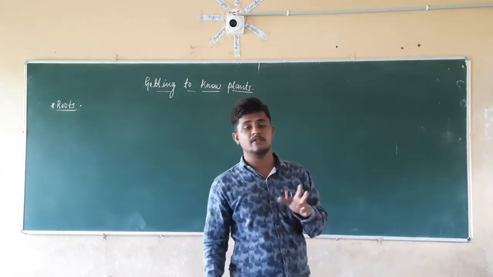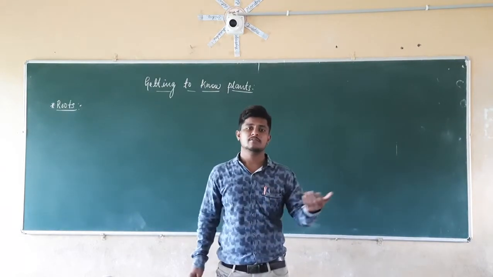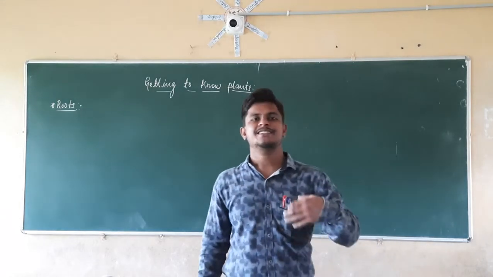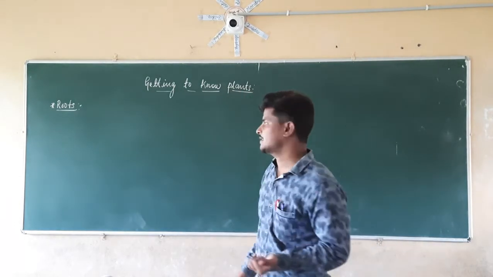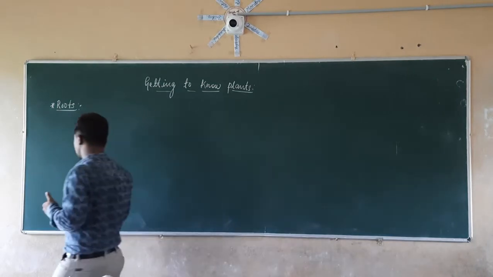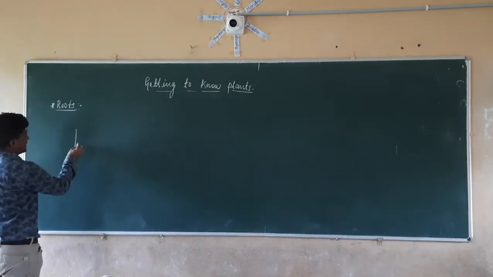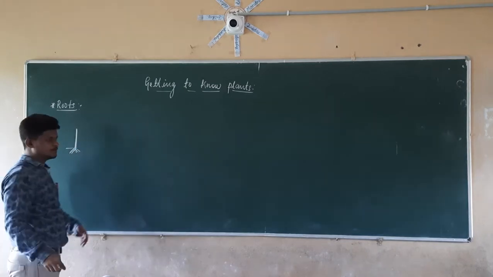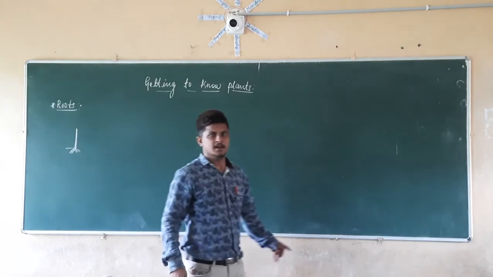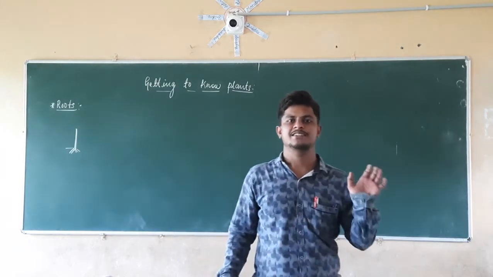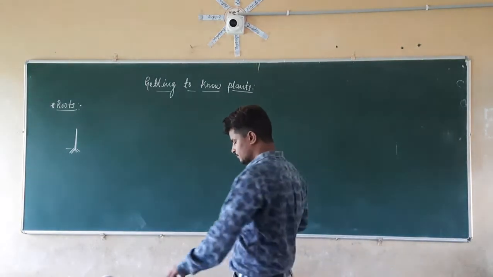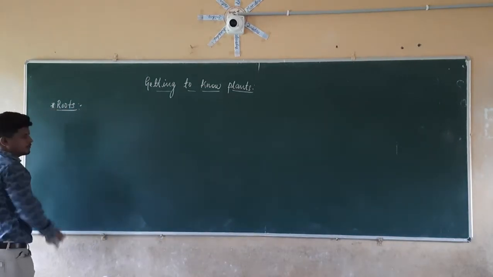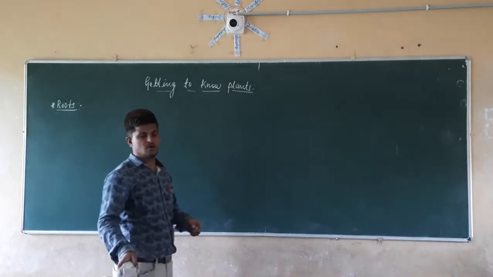Now we already know where the water comes from to the leaves to perform photosynthesis. It comes from the stem. So where does the stem get the water? The stem gets the water from the roots. Roots are the downward portion of the plant. So these are the roots. Whatever is present inside the soil are the roots of a plant.